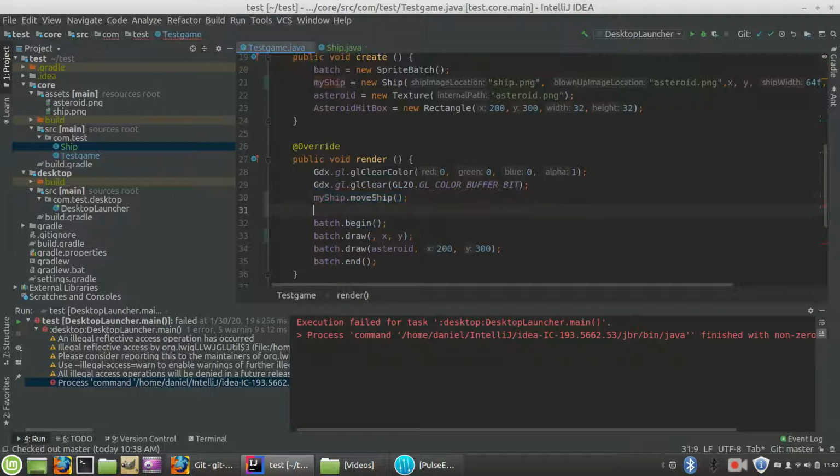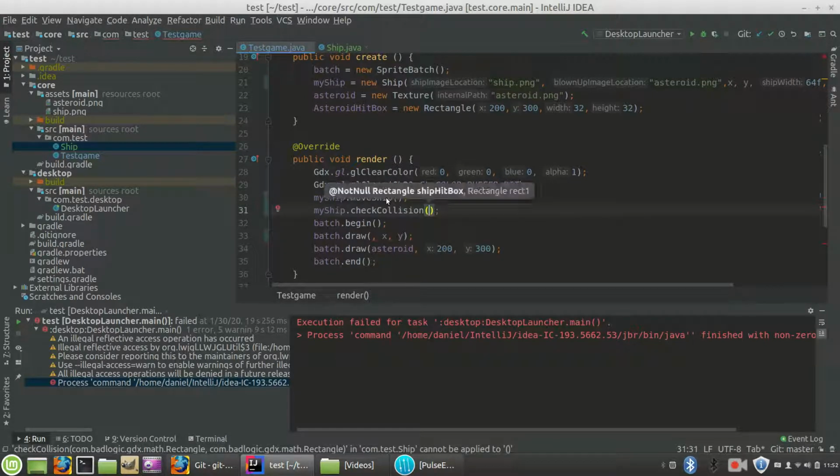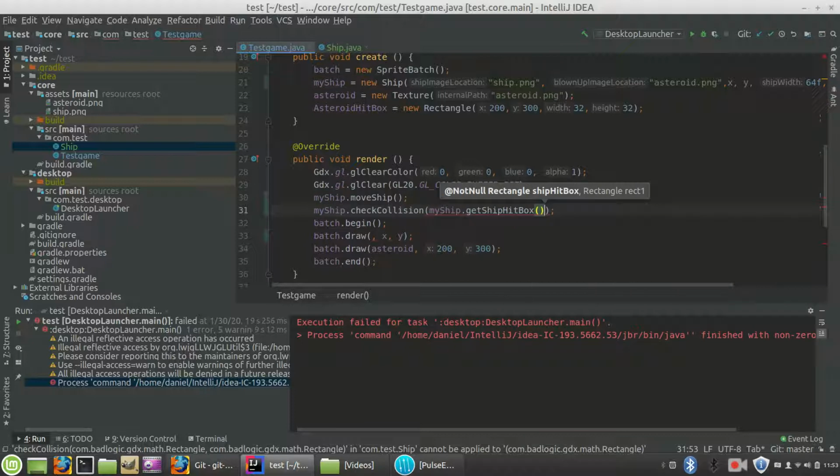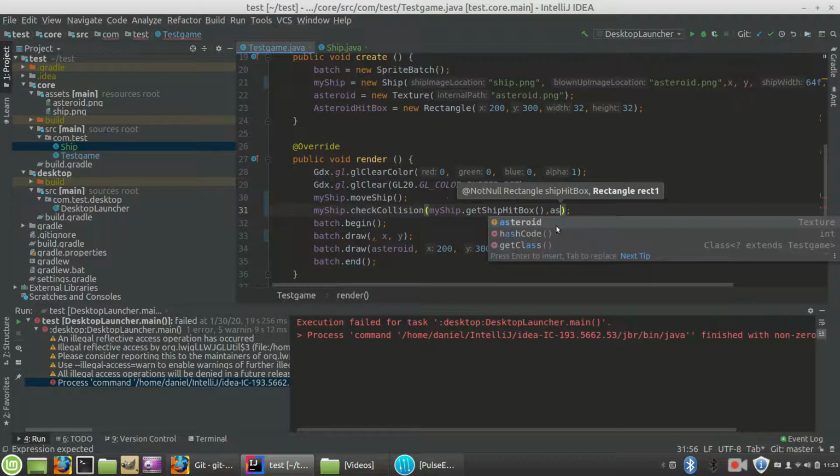Alright, we also need to, so every time we're looping through, we're going to check to see if we're going to move the ship. Great. We also need to see if the ship's going to collide with something. So let's do my ship dot check collision, and we're going to check collision with my ship dot hitbox. So we're going to check a collision between my ship's hitbox and the asteroid hitbox,